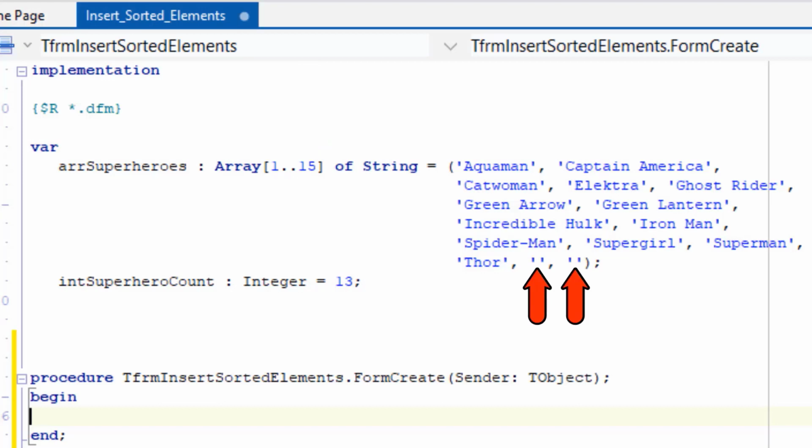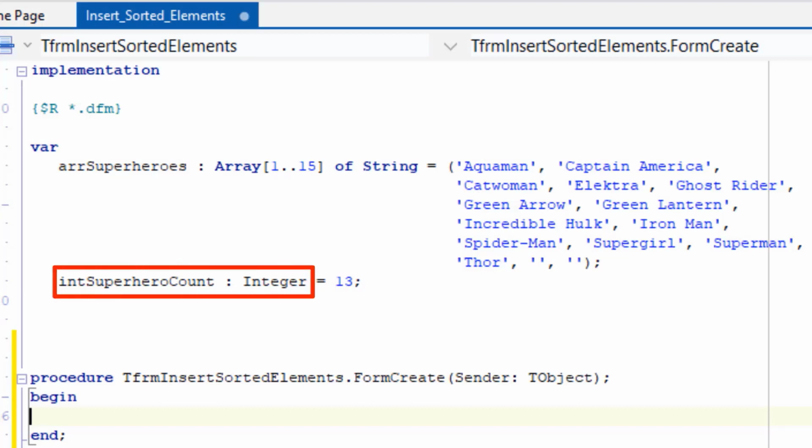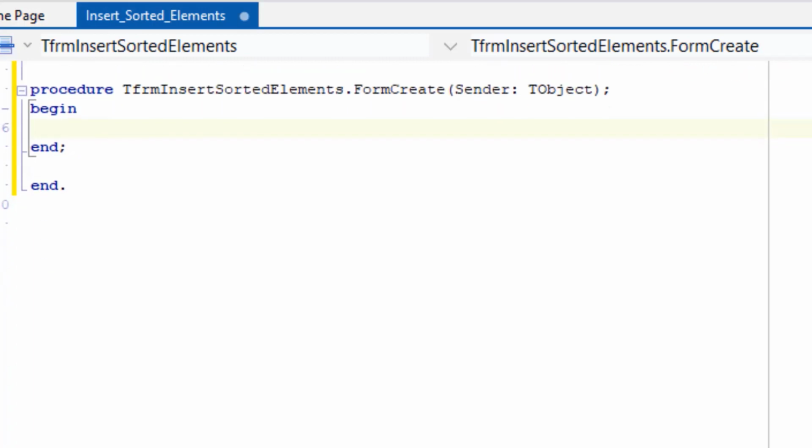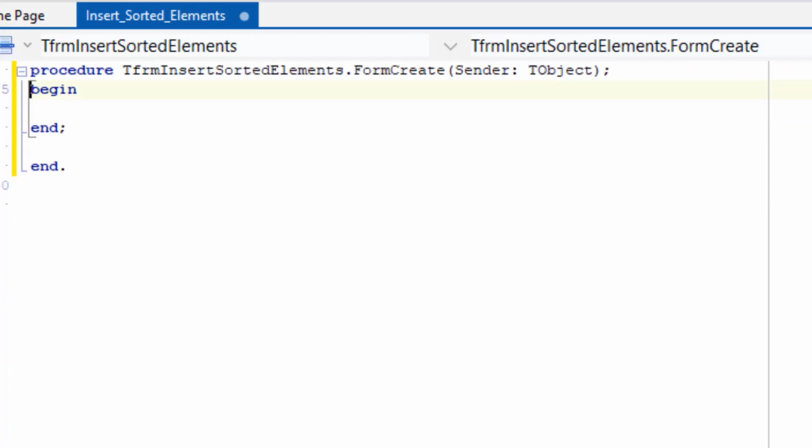You make an empty string with two inverted commas or single quotation marks with nothing in between. If you have an array that contains numbers, your placeholders can be zeros. I also declared an integer variable that keeps track of the number of valid names in the array, so the number of names excluding the placeholders, and I assigned 13 to the integer for the first 13 names that are assigned. Now go back to the form create event handler, go above the begin statement, type var, enter and type